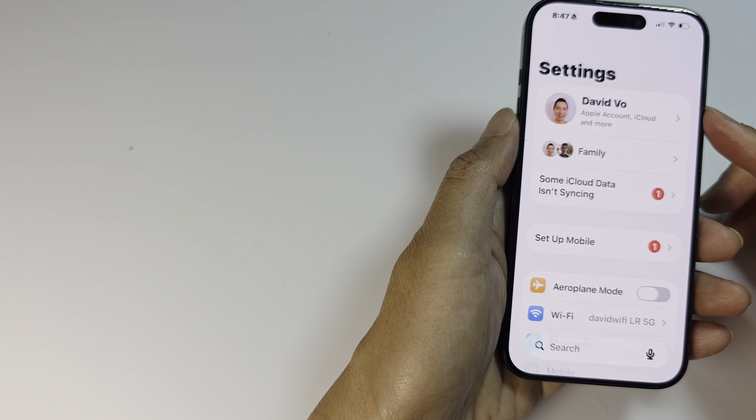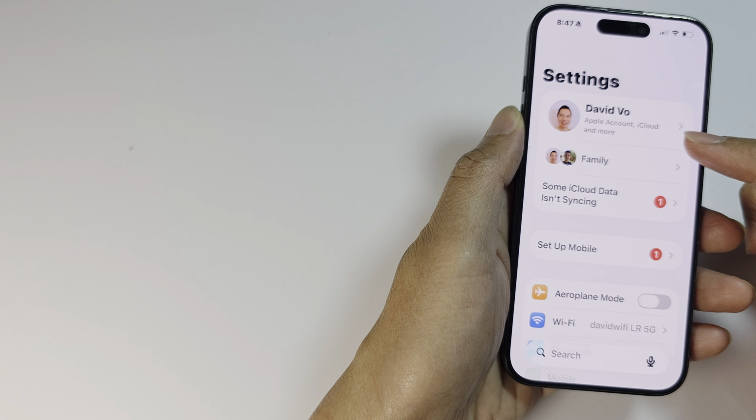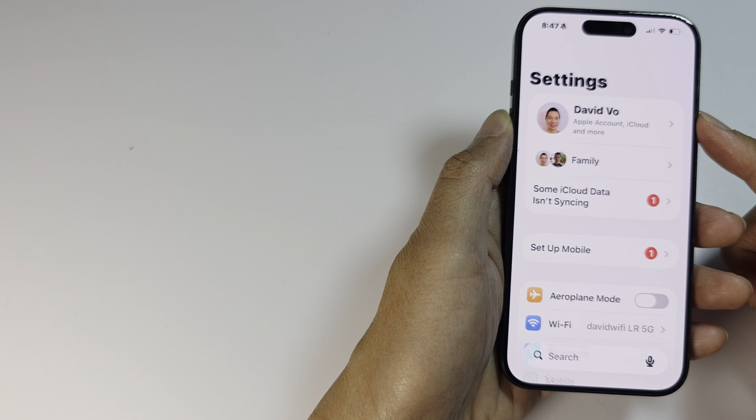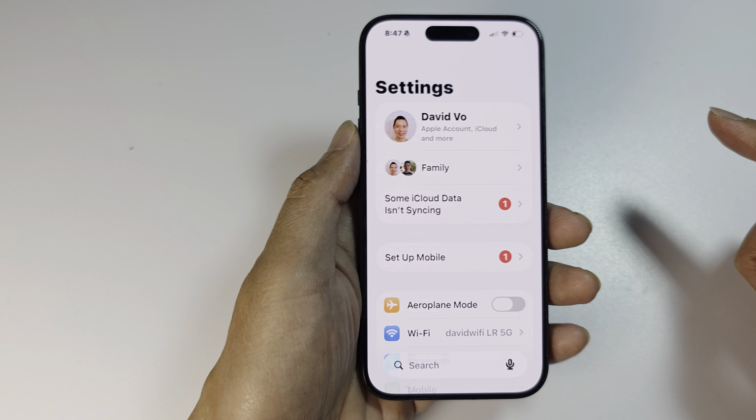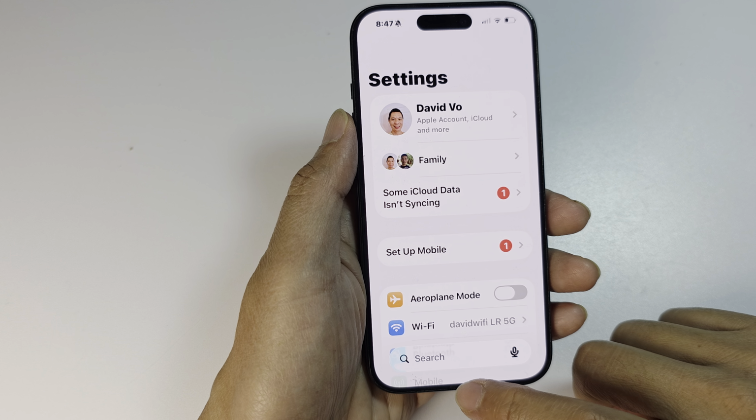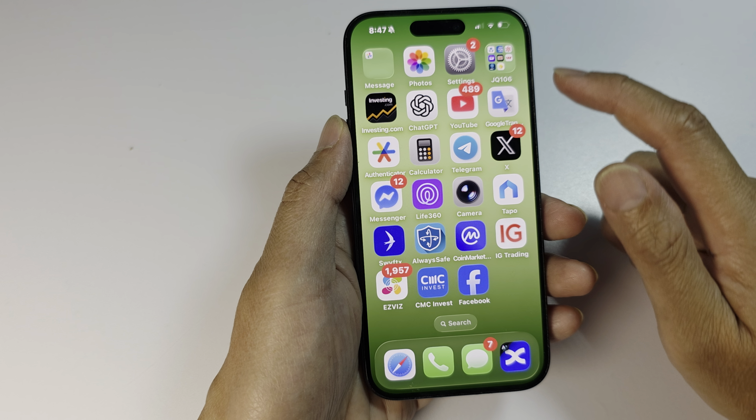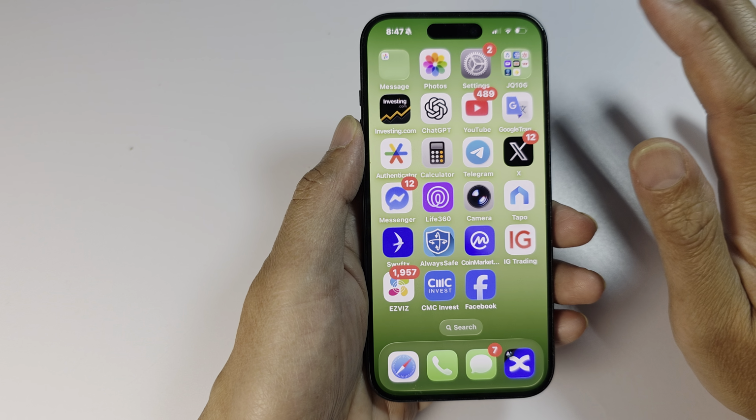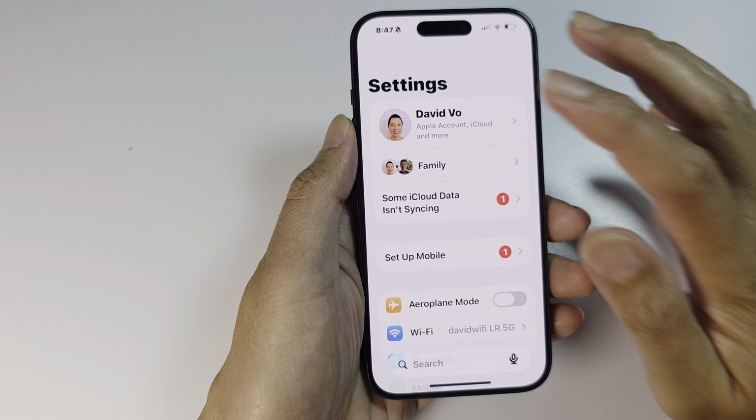How to reset and erase data for resale on iPhone 15 in 2026. First, let's return back to the home screen. Now, before you erase anything, you want to make sure you go into settings and back up your